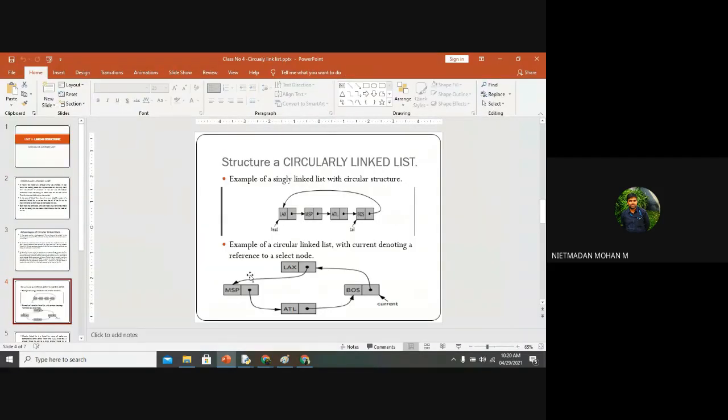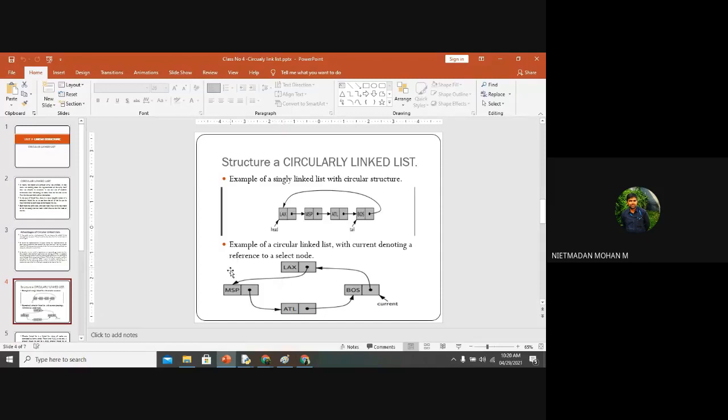And here you can see the structure of the circular linked list. This is the head node that I created. The link travels from first to second, second to third, third to fourth, and after that the tail node will be there. The tail node address will be pointing to the head node. So this is the process I have explained to you previously.